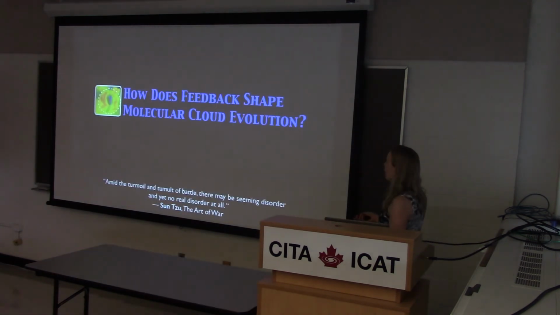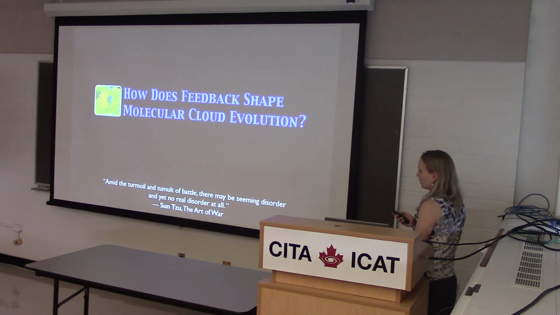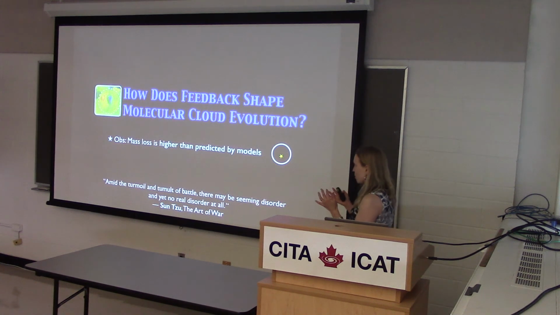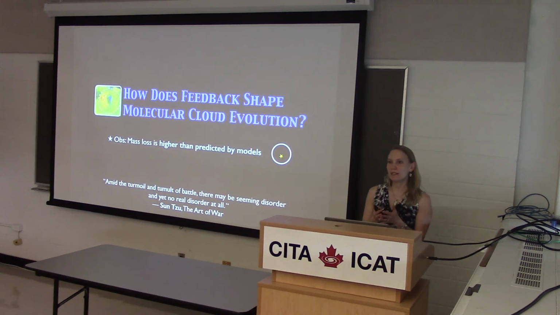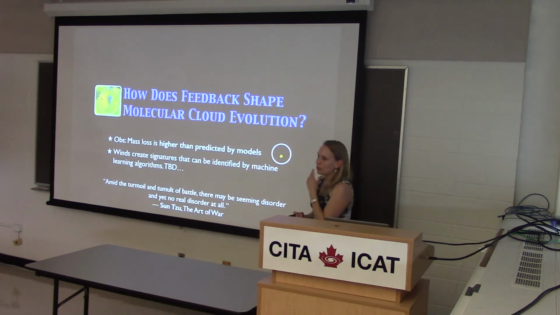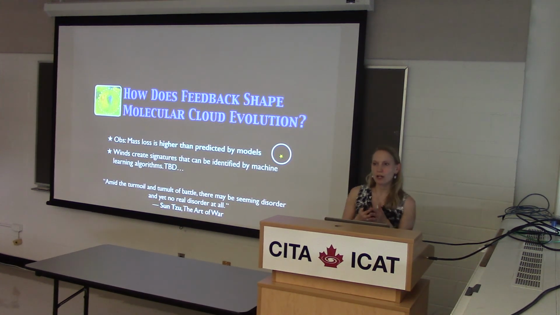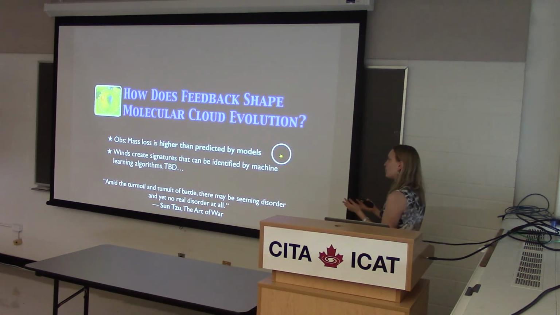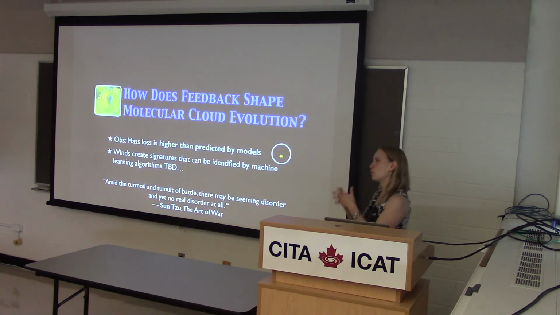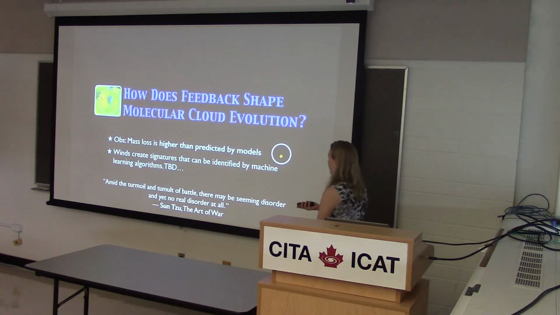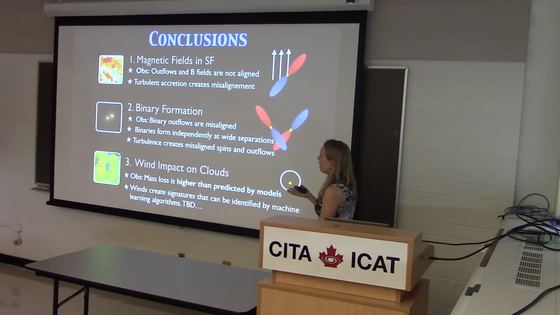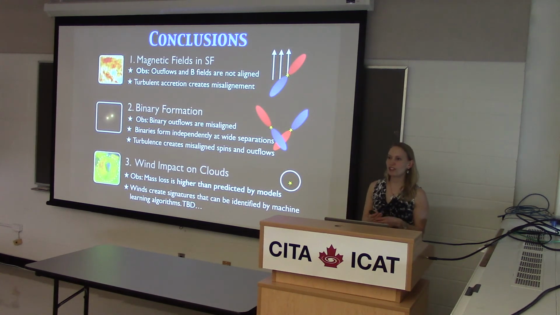All right, so to conclude, what we've learned is that looking at these observations, mass loss rates are higher than predicted. As far as I can tell, the observers are correct. And one way to try and understand this problem is to really work on more automated ways of characterizing the structure and using this to quantify large samples of observational data, which we can hopefully compare with simulations as well. So this brings me to my conclusions, and I'll just leave these points here and take questions.